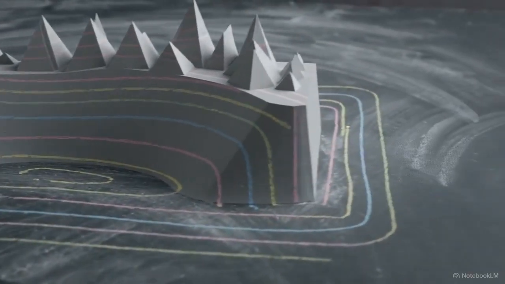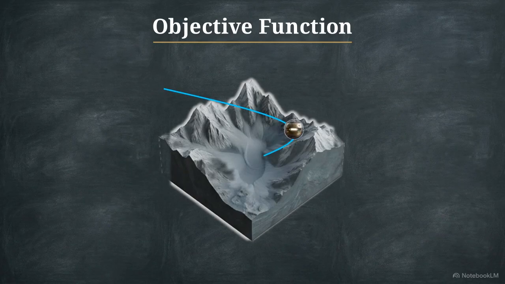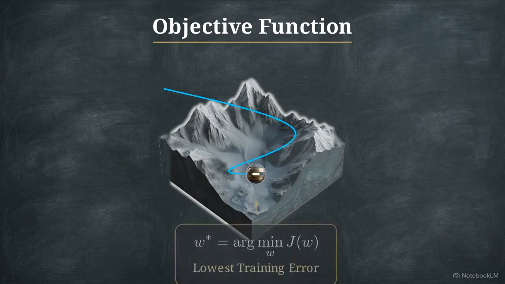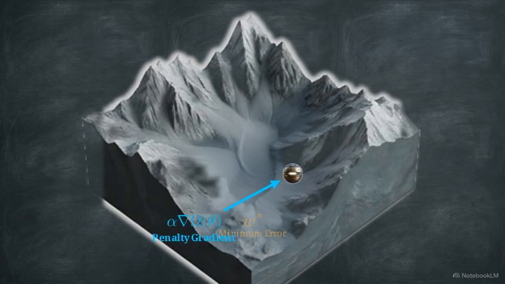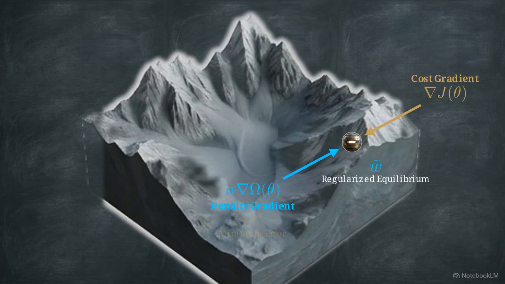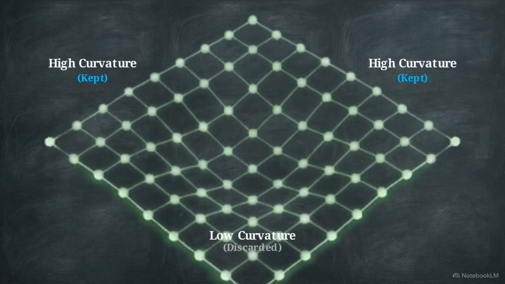structure of the data. A standard training algorithm has a singular goal: navigate the objective function to find the exact weight configuration that produces the lowest possible training error. When we apply parameter norm penalties, like L1 or L2 regularization, we add an entirely separate mathematical term to that objective function. This creates a secondary force that actively pulls the weights away from that minimum error state. How the network responds to this pull depends entirely on the mathematical curvature of the cost function. The penalty interacts with this underlying geometry to selectively filter which information is kept and which is discarded.